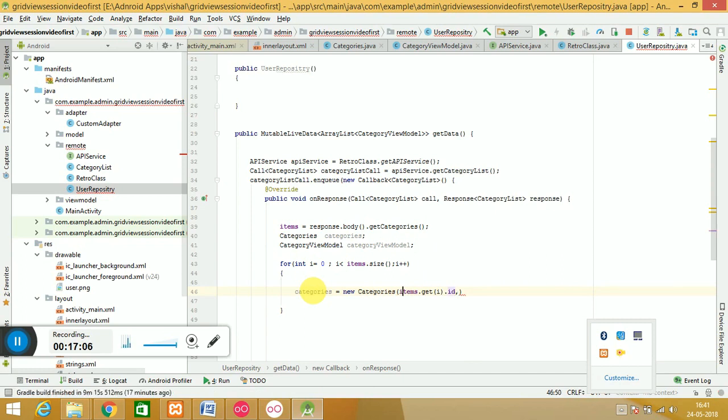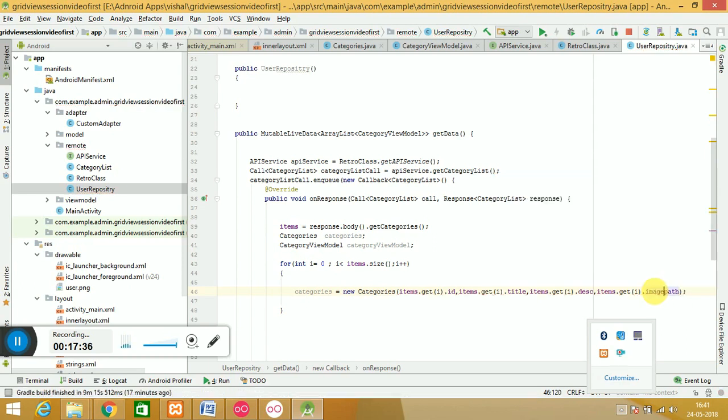The same thing you have to do for the four items we have there: id, name, description, and image path. So these are the four items. So you need a title, description, and your